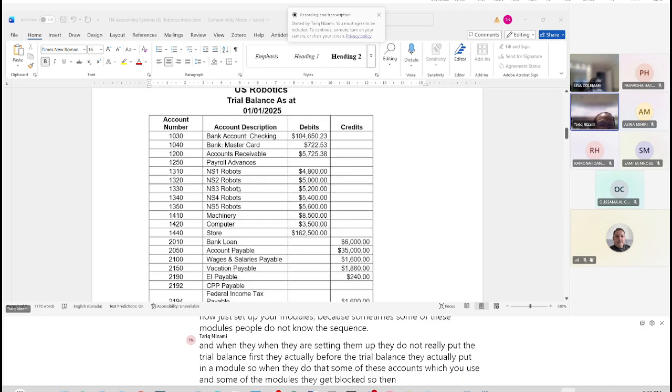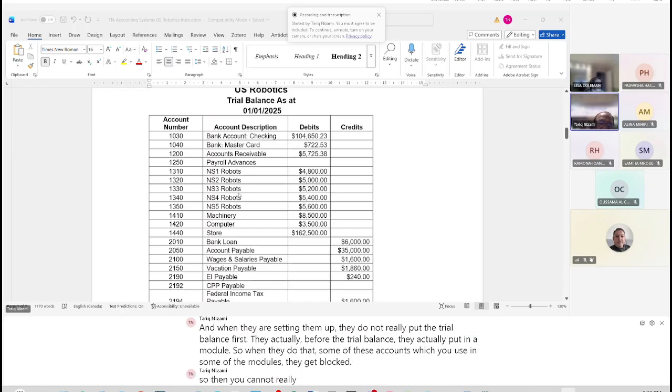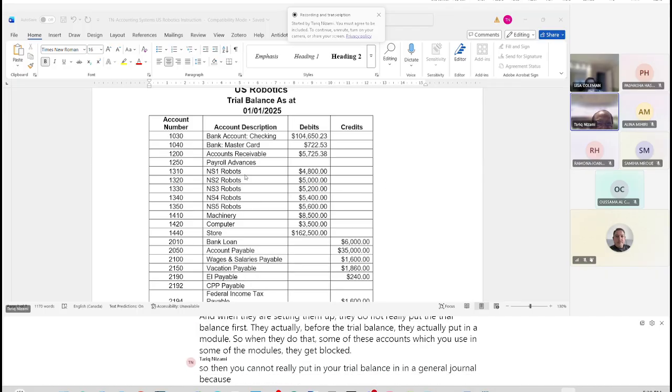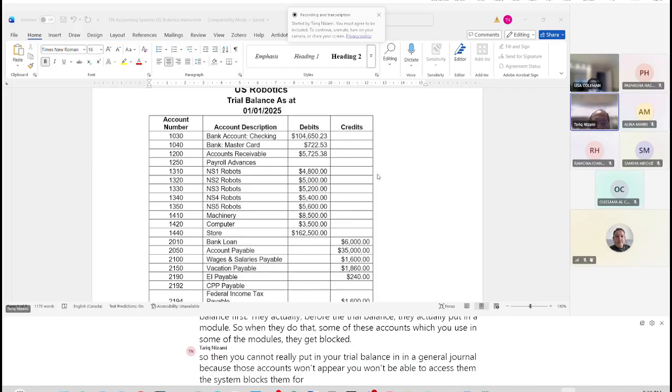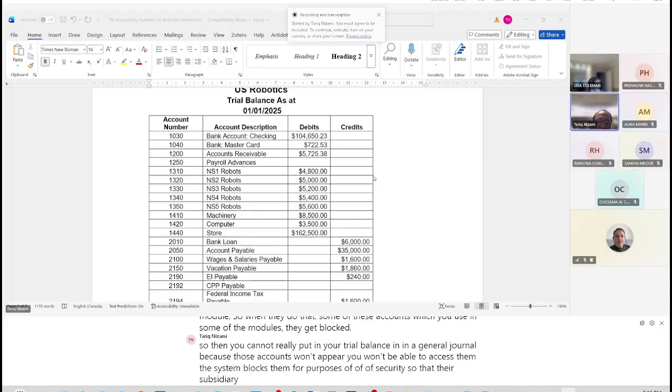So then you cannot put in your trial balance in a general journal because those accounts won't appear. You won't be able to access them. The system blocks them for security purposes so that their subsidiary ledgers do not